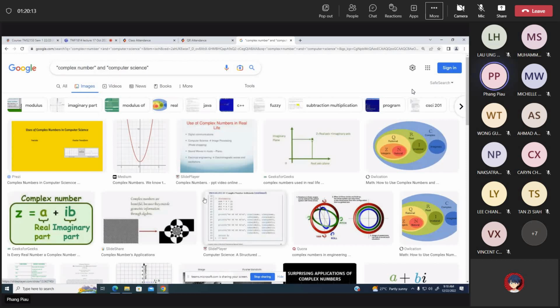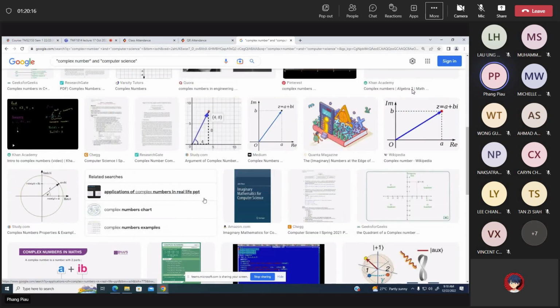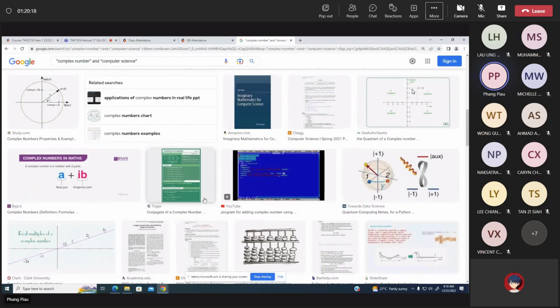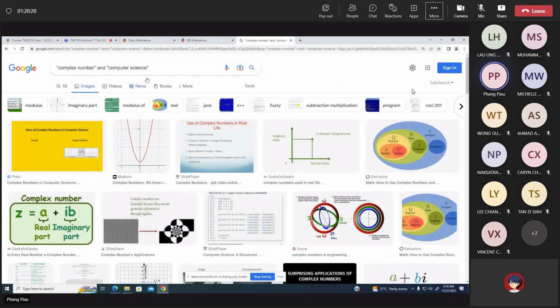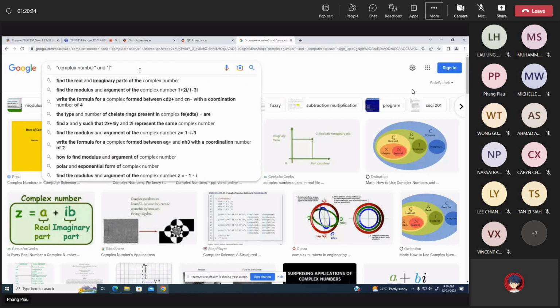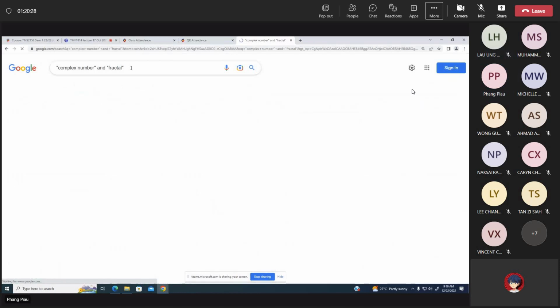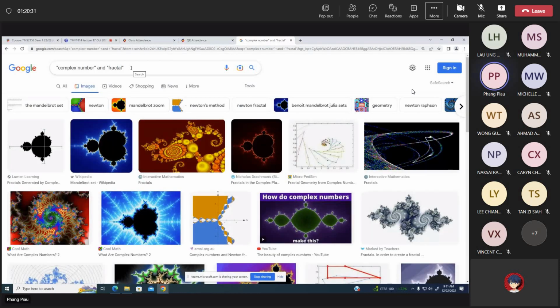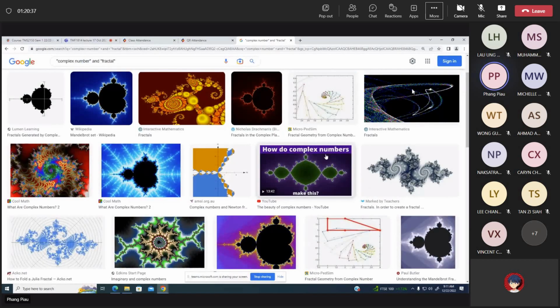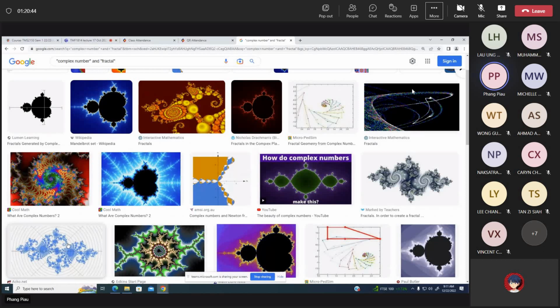There is nothing much here, but I guess it is this. I hope I spell correctly. So how do complex numbers... You see here, of course, you can go for the beauty of complex numbers. Complex numbers can be used to